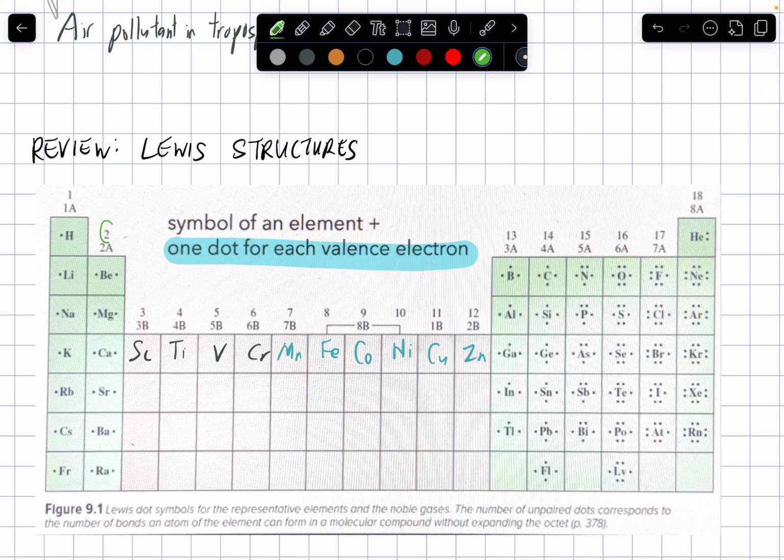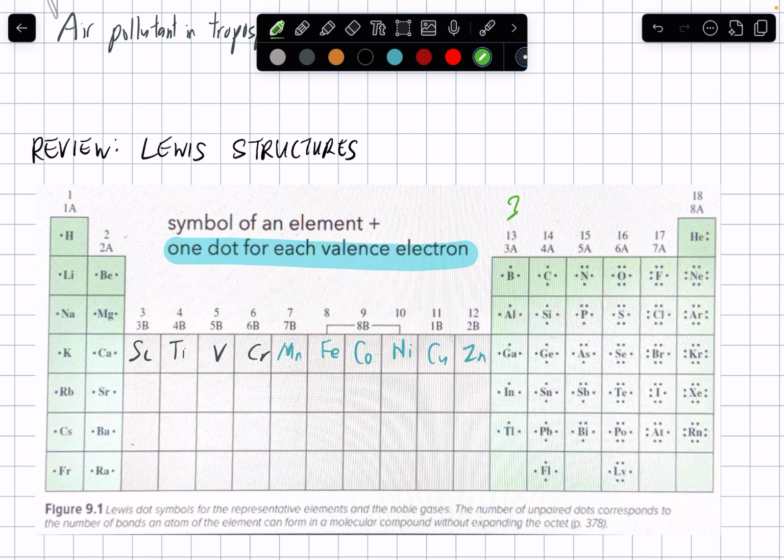They have 2 valence electrons. For the third group, 3A, we have boron, aluminum, gallium, indium, thallium. I'm not sure if what I said is correct, but essentially they have 3